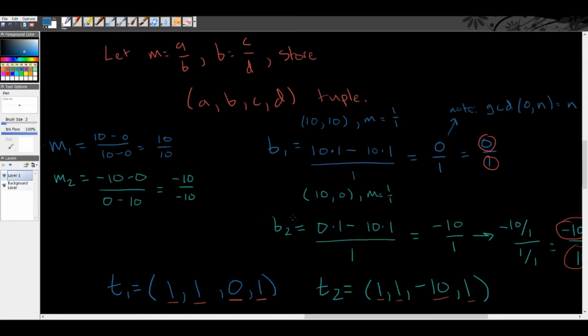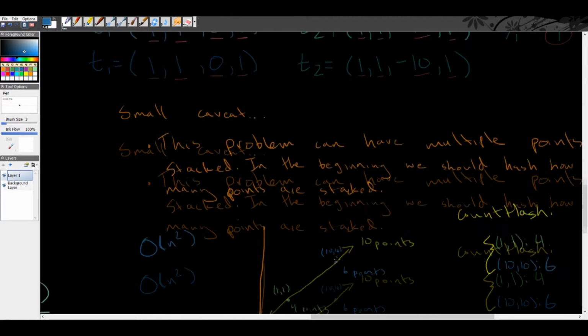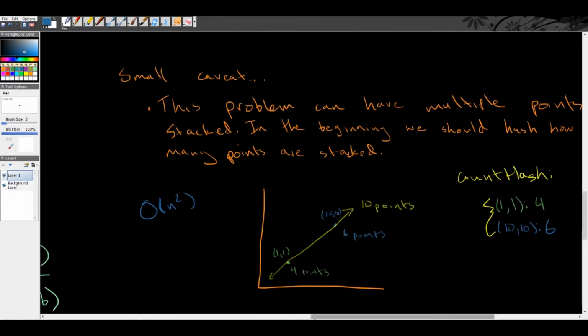So we do the same thing for the second intercept for the teal line that we were looking at, and we can see that the b-intercept is just a different number. So we can hash these two things, even though the 1, 1 are the same, the 0, 1 and the negative 10, 1 are different. So one small caveat to this problem is that